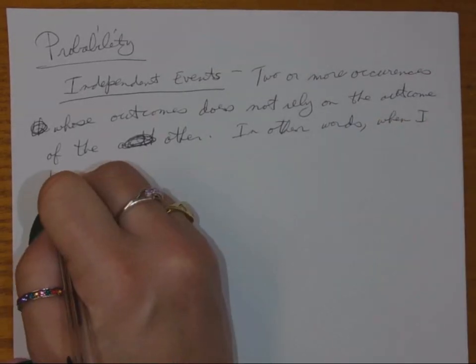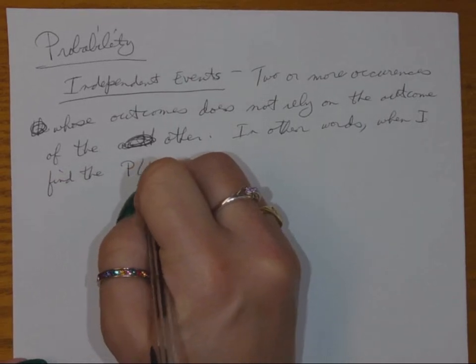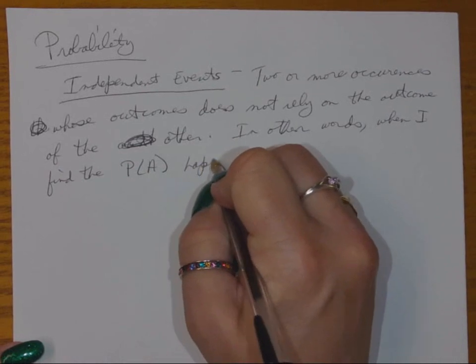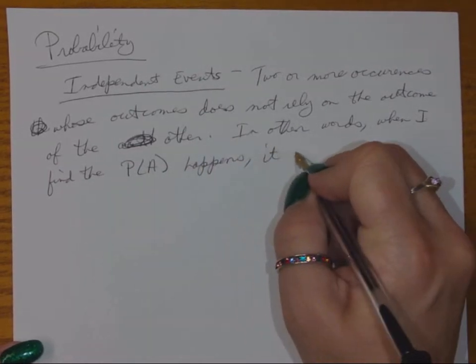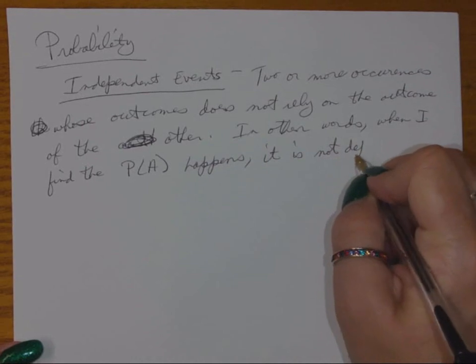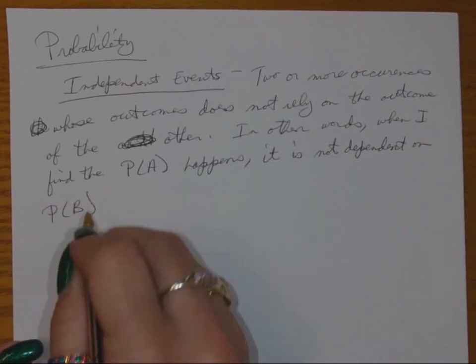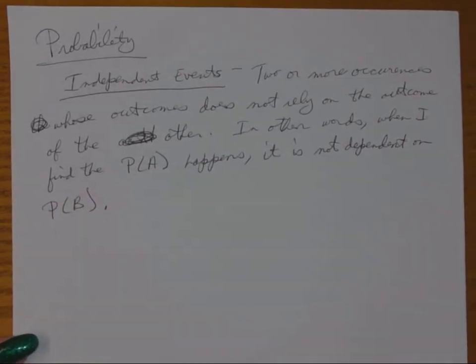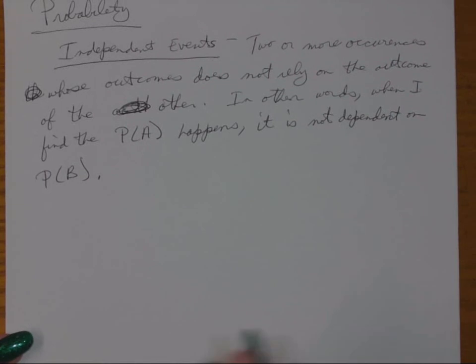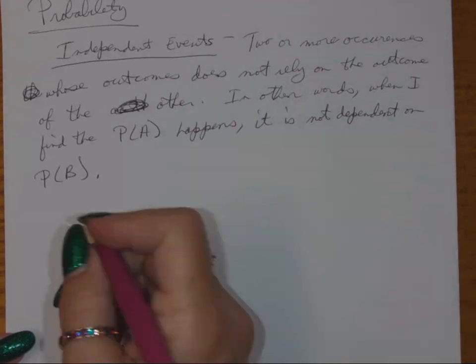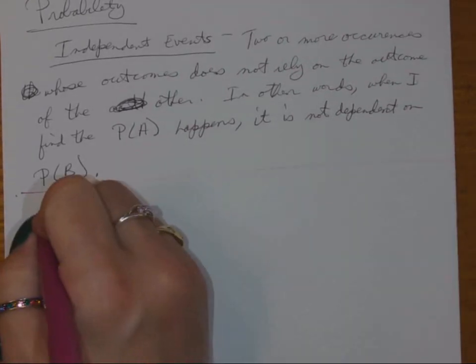when I find the probability of some event A happening, it is not dependent on the probability of whatever occurrence is happening over here with B. So if one outcome happens, okay, that has nothing to do with the other outcome. Okay, so in other words, well, let's do the one that I just talked about. So let's say, example,